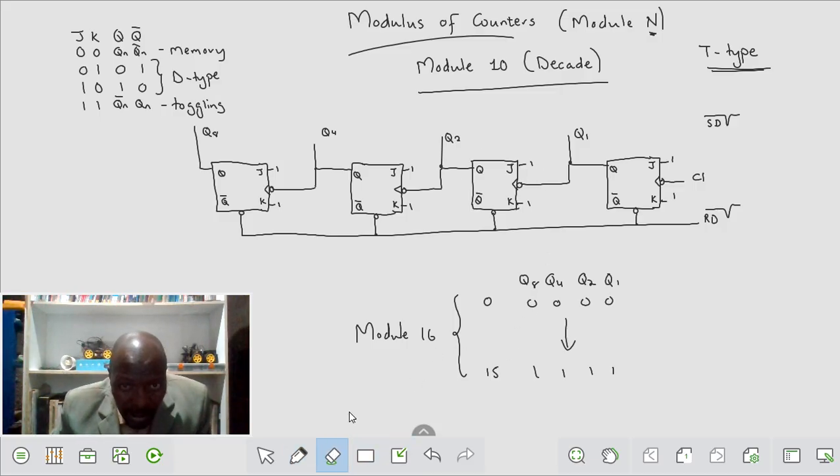Now let's have the decade counter. This counter here has a problem: it can count from 0 all the way up to 15. With the decade counter, we want to go only as far as 9, because that is our decimal. So let the first one be a normal T-type, or a JK configured as a T-type. The next flip-flop here, we have it actually feed both the clock and